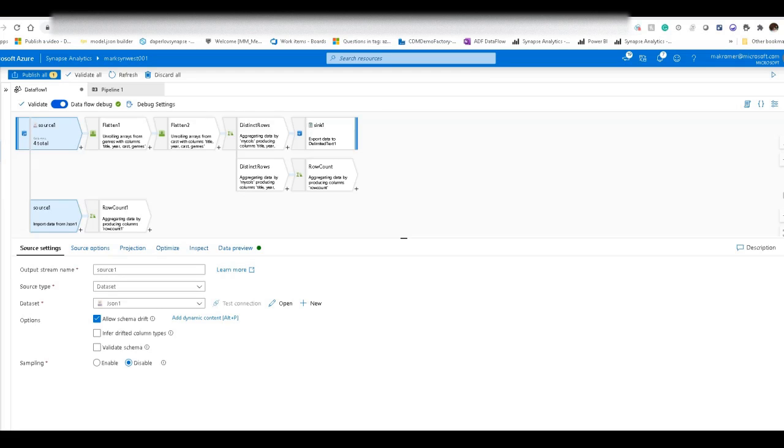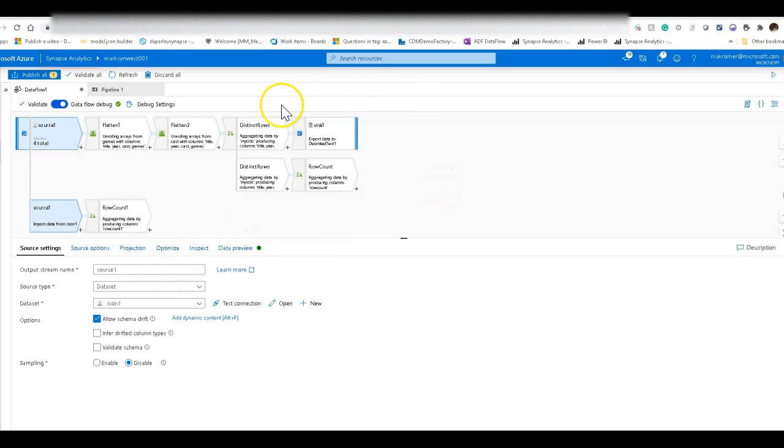Today I want to talk to you about an update that we're making to the design and debug workflow within data flows in Azure Data Factory. So this is really an update and a new option, and it helps with your ability to design and test in a debug mode your data flows before you deploy and publish them. So let me jump in and show you what I'm talking about.